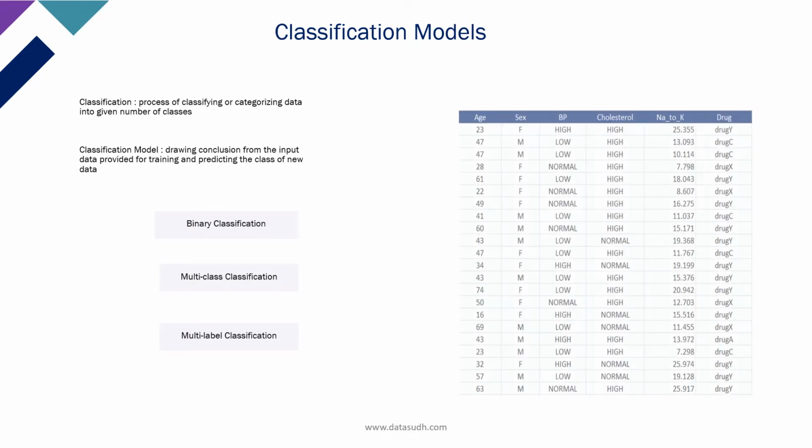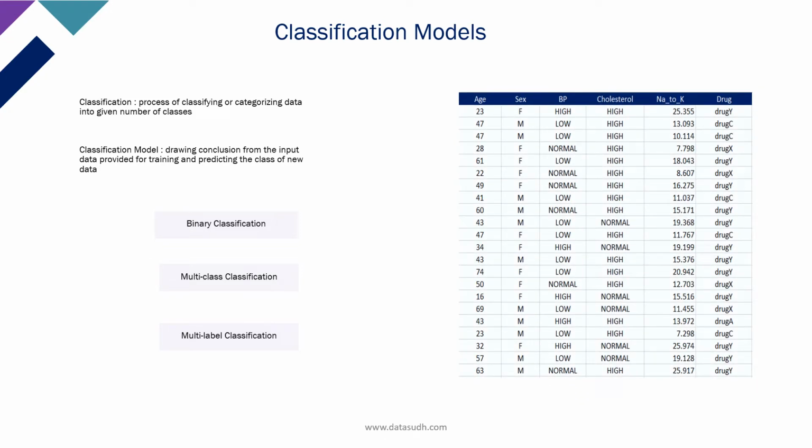So in our data set, we have the column drug as the target variable. If you look at the data of this variable, we have drug types Y, C, A, B, which is more than two classes. So in our case, this will fall into the category of multi-class classification.